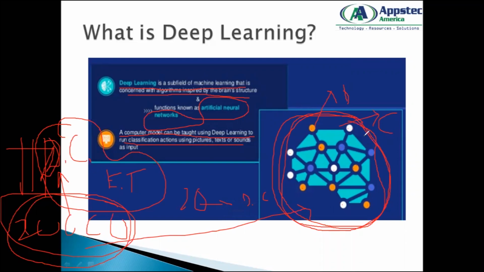Whenever I have to train my model on what the attributes of a dog are and how a dog looks like, what the attributes of a cat are and how a cat looks like, only then, whenever I pass any image from these 2 lakh, it will be able to identify whether it's a dog, whether it is a cat, or it has both, just like Kevin did, Paul. So this entire concept is called a deep learning exercise.